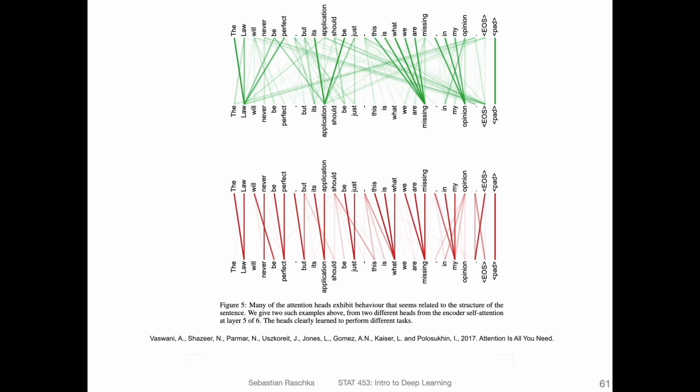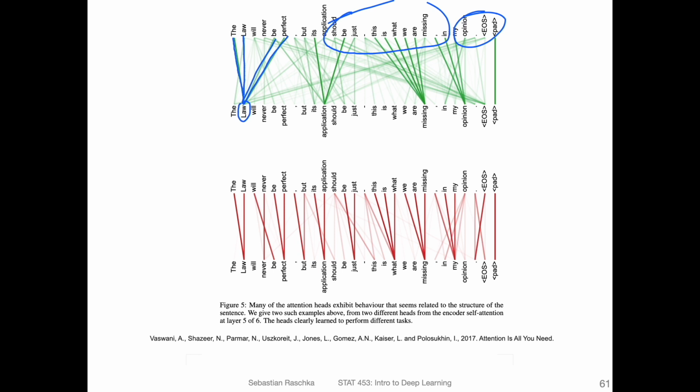So for instance, when you look at the word law, it's strongly connected. The saturation of the colors shows how strongly it is connected. So you can see it's mostly connected to these here. These are the strongest connections. Maybe this one has a slight connection also to things further away, but very weak connection to the middle parts here. So yeah, this is just a visualization.